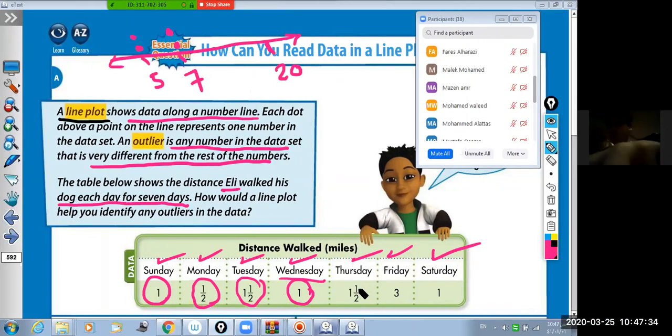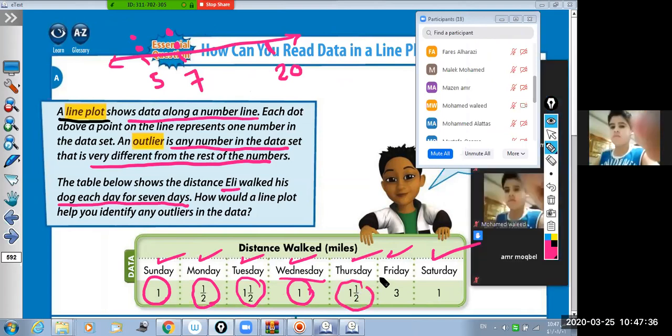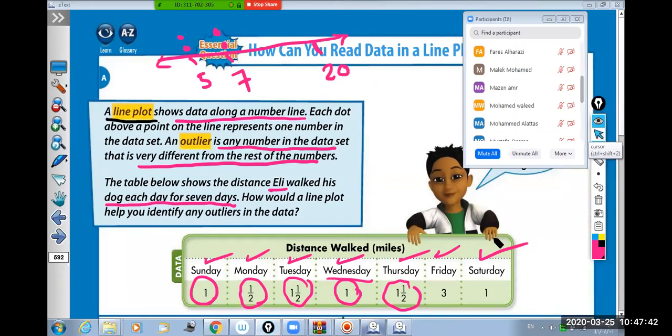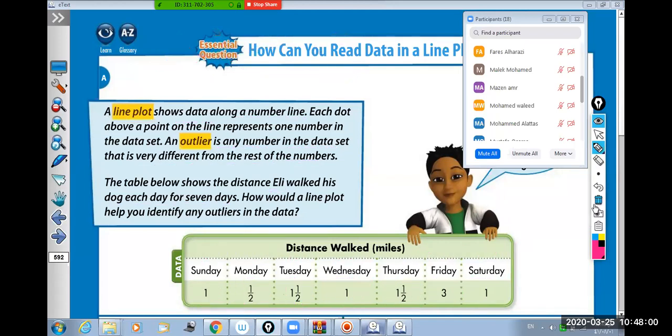And Thursday, 1.5 miles. Stop sharing your camera, please. And Friday? 3 miles. How many miles on Saturday? 1 mile. Okay. When you want to draw it, Elias, just put a circle